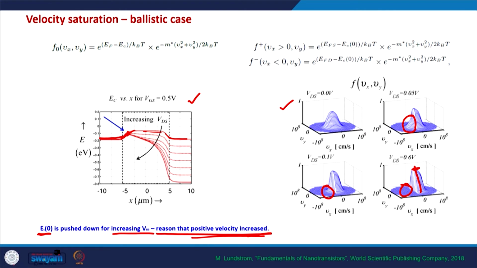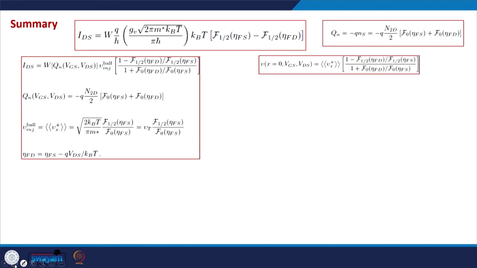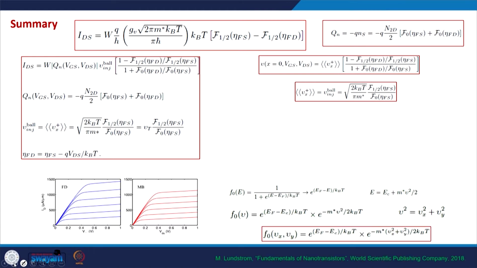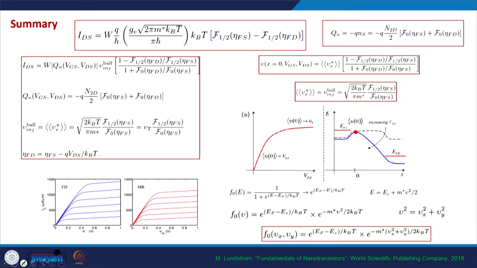So let's summarize this MOSFET transport theory, especially the ballistic transport theory in MOSFETs. What we have seen is that generally the current in a 2D MOSFET is given by this, and this comes from the number of modes. These Fermi-Dirac integrals are a direct consequence of the source and drain Fermi functions. In steady state, the charge is given by this expression, and in steady state, the current is given by this expression. And from these two expressions, we can also represent this current in this form, and this form is pretty much similar to